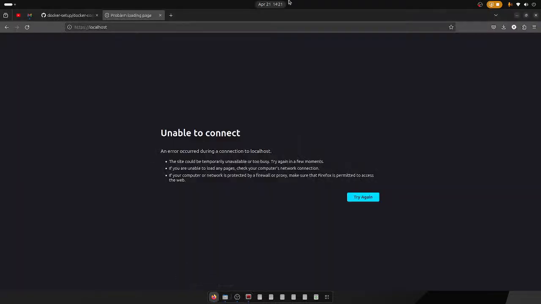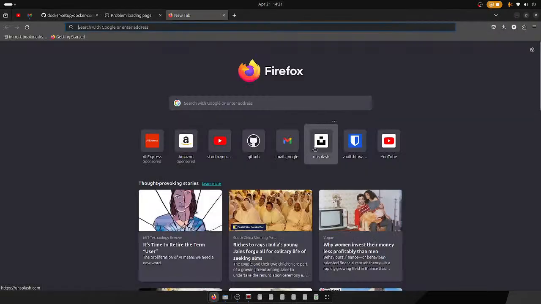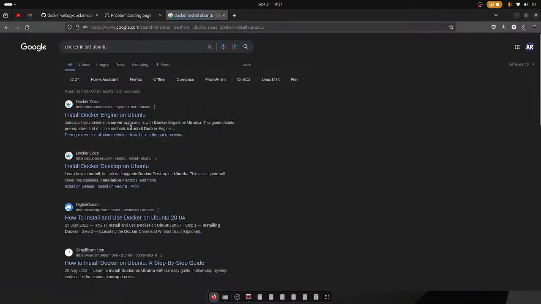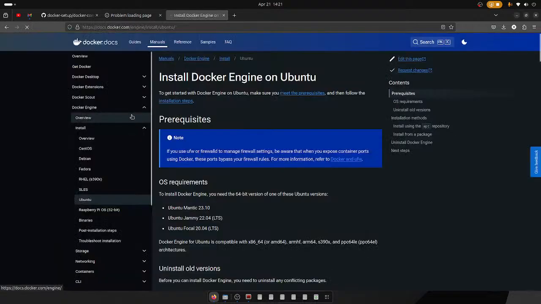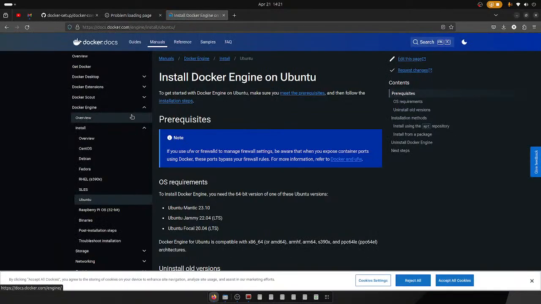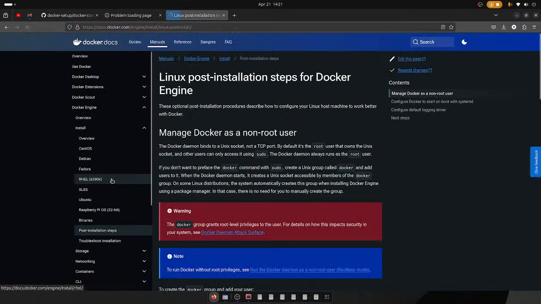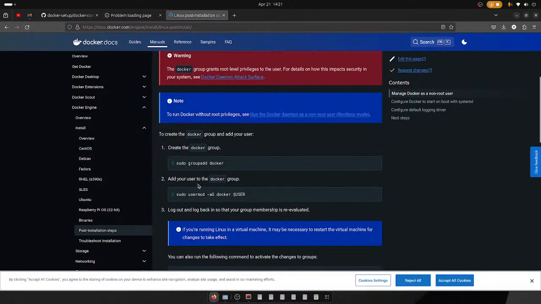This is something to do with the permissions of this new user which I created so that I can show you a complete clean installation kind of thing. So what happens is when you have installed Docker, initially it might ask you to run